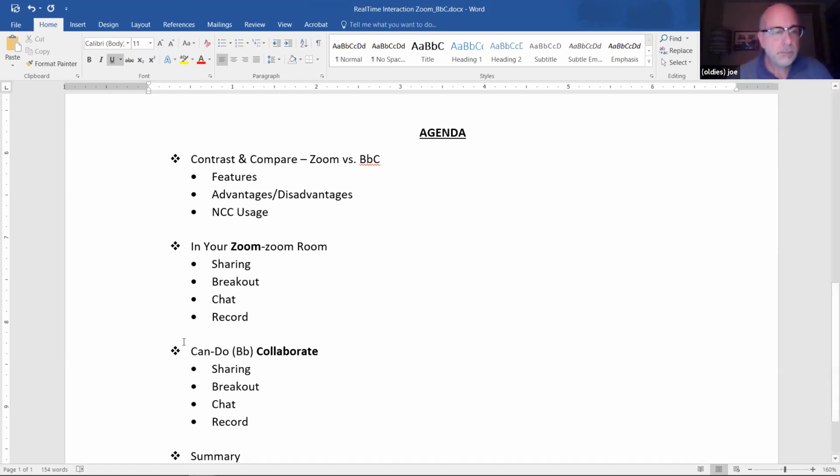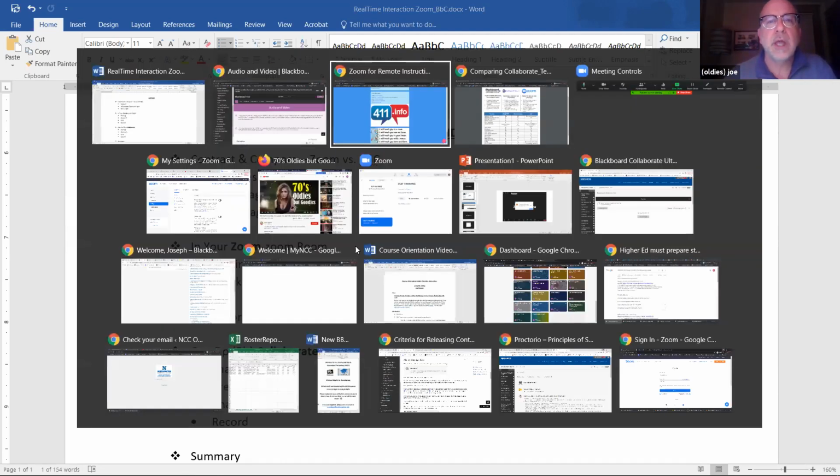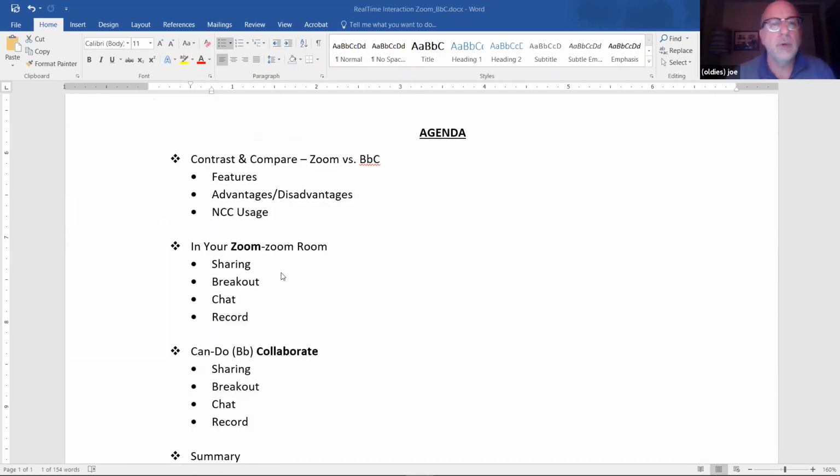Okay, good. So in order to do Zoom, and the idea is to actually go through each one of these, we'll do a little bit of sharing, breakout, chat, and record. Now we can actually try some of these as well in the session that we're in if you want to see what it's like as a participant, but you won't be able to see what it's like as a host because that's me. I'm sorry, you can't be host. Right? So in order to just show you the steps, that's why I said I actually went through the process